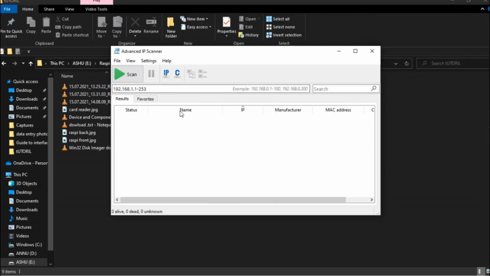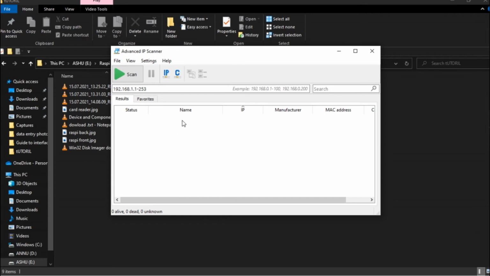It will scan all the IP addresses connected to your router, Wi-Fi or hotspot, including our laptop. First check how many devices are connected to your Wi-Fi or hotspot. It should be 2 devices, including your laptop and the Raspberry Pi.